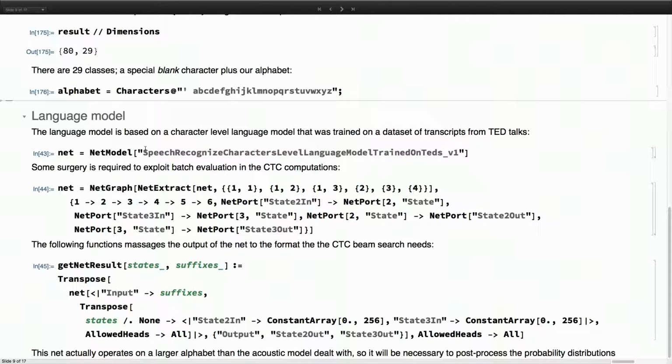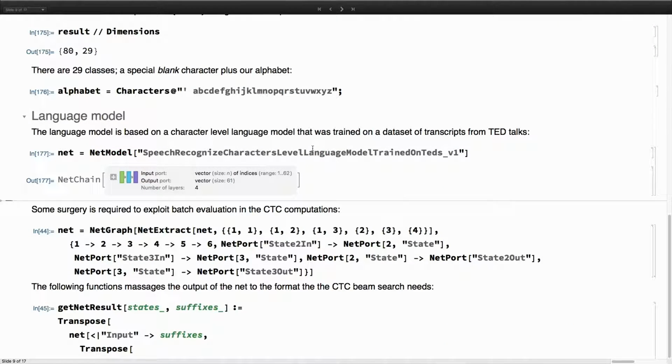So our language model is a character-level language model that was trained on data sets of transcripts of TED Talks. We are planning to upgrade this. It will probably be upgraded before version 12 ships, but at the moment, this is what we have. This is a character-level language model that is based on recurrent layers.